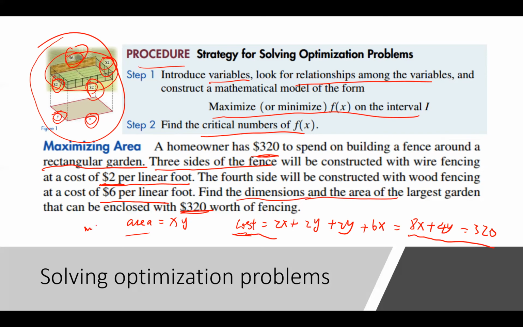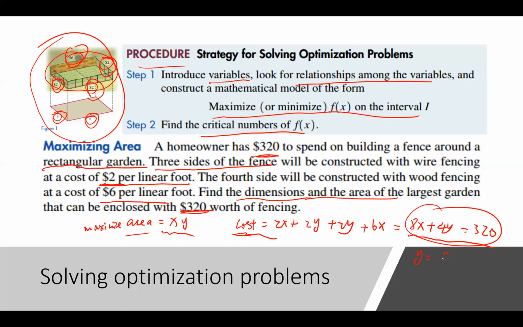So we want to maximize this area, which is x multiplied by y, and also solve for x and y. What is the optimum dimension such that my area is maximized, but I also use all the budget? So this is the step where we introduce variables, and of course now we have this, which gives us